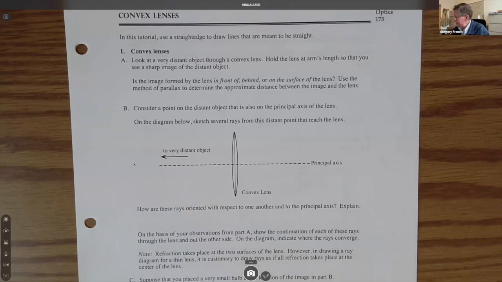Okay, this is tutorial 10, and I'll share my screen here. Okay, you should be seeing the tutorial right now, and we're going to